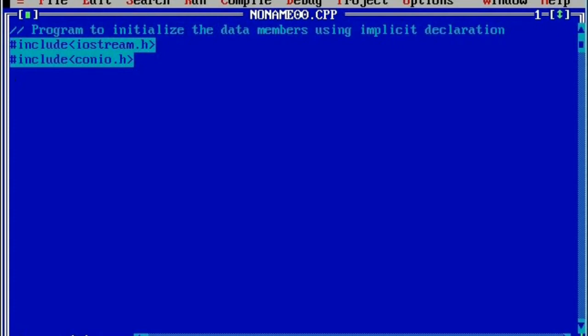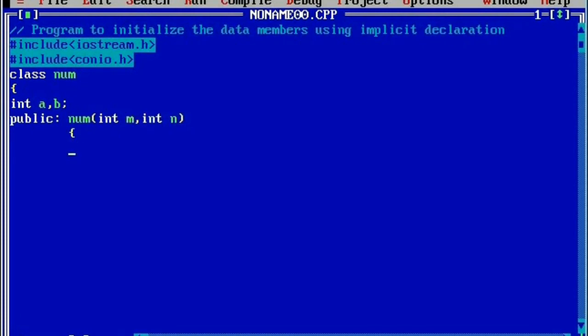Now let us define a class called num, curly open brace, and we are going to declare two data members, int a and b. Here we'll write the public member access specifier and the parameterized constructor. Here we'll write int m, int n, curly open brace.